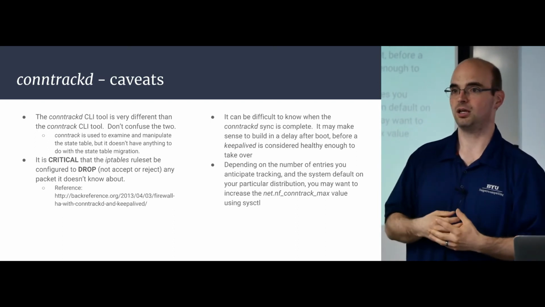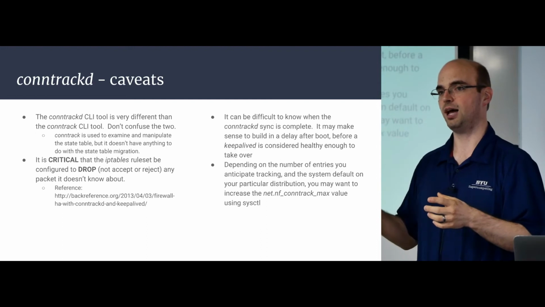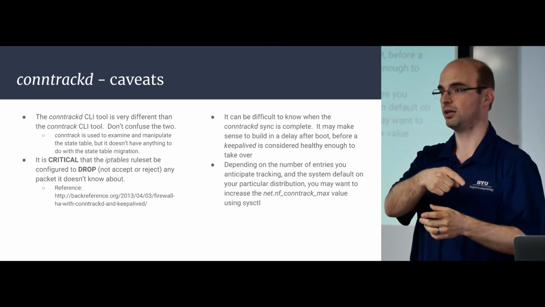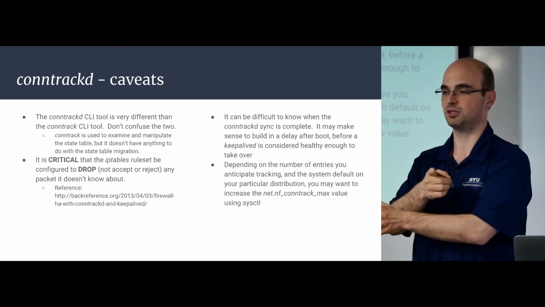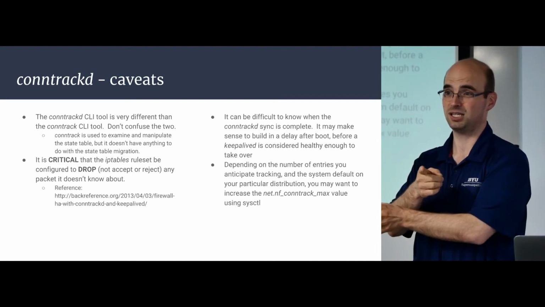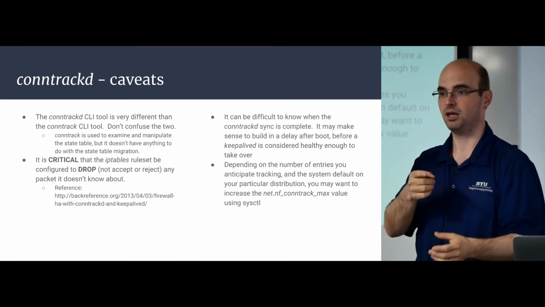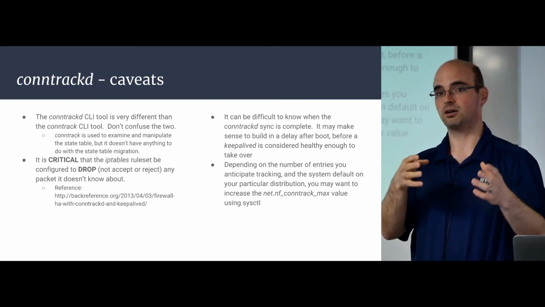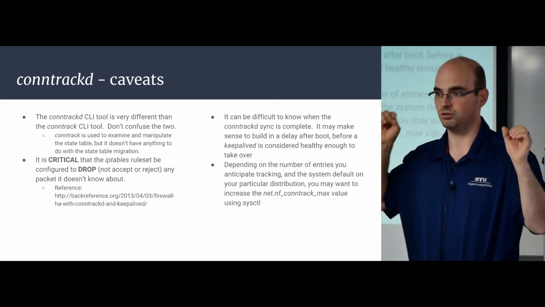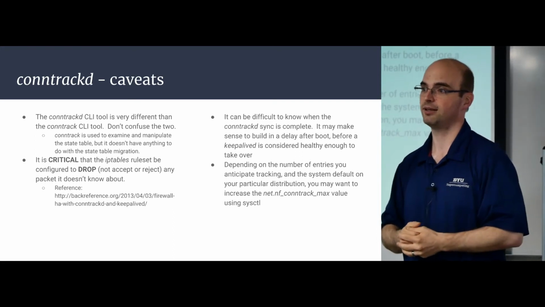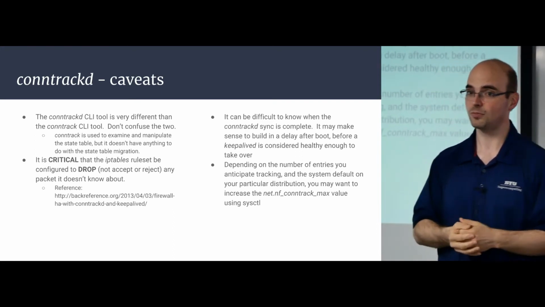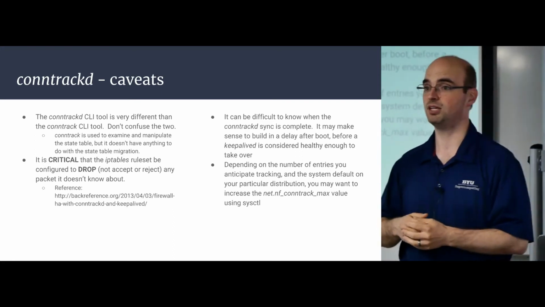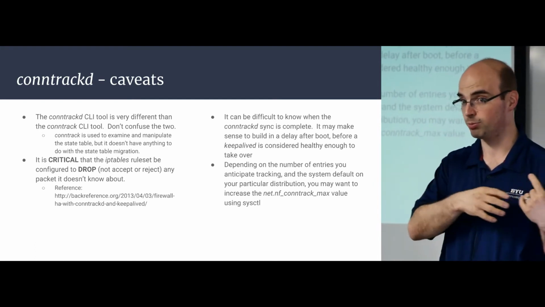So if the IP failover has occurred and a packet comes in, but the external table that includes the existing TCP session hasn't been committed yet, and you have an accept in your iptables rule, then your kernel is going to say, I don't know anything about you, go away, and send a fin packet, and your connection gets interrupted. And the same thing happens if you have a default reject, because a reject actually replies saying,